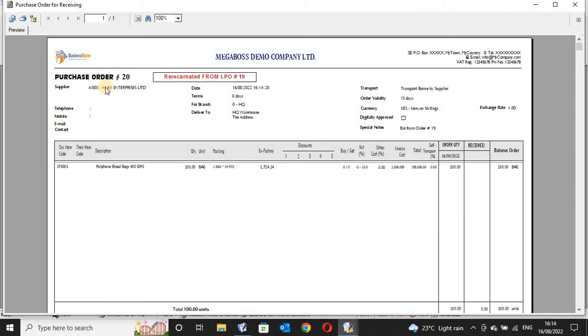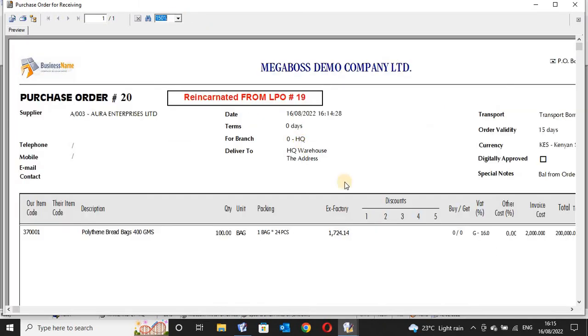So this is the pending LPO that has been created automatically by the system, and it is LPO number 20, reincarnated from LPO number 19. You remember the original LPO was number 19, but since we received fewer polythene bags, the system has generated another LPO, number 20, which indicates that there is a shortfall of 100 polythene bags. So the supplier still owes us 100